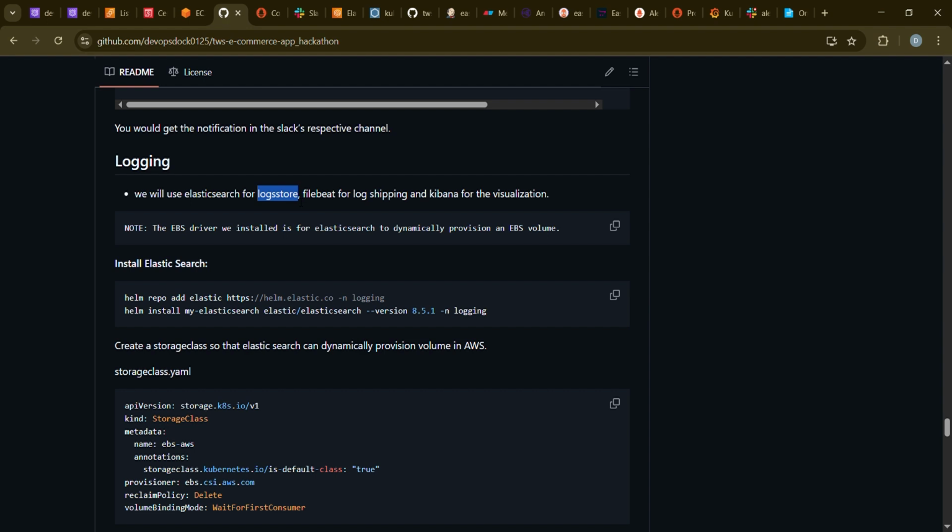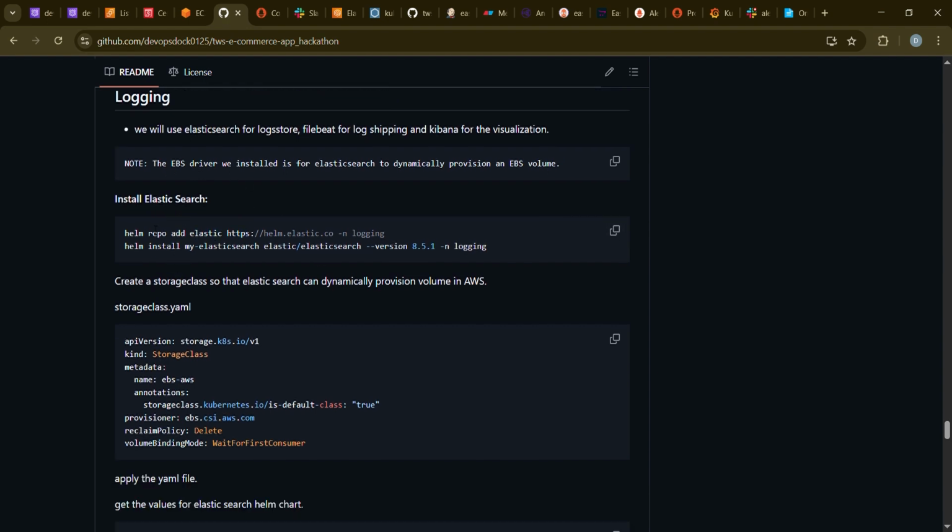To store that, we'll create a persistent volume, which will dynamically create an EBS volume. For that reason, I installed the EBS-CSI driver, so that when we request a claim, it will automatically provision an EBS volume on our cloud, and Elasticsearch will store the logs over there. That's the reason we installed the EBS-CSI driver. Alright,